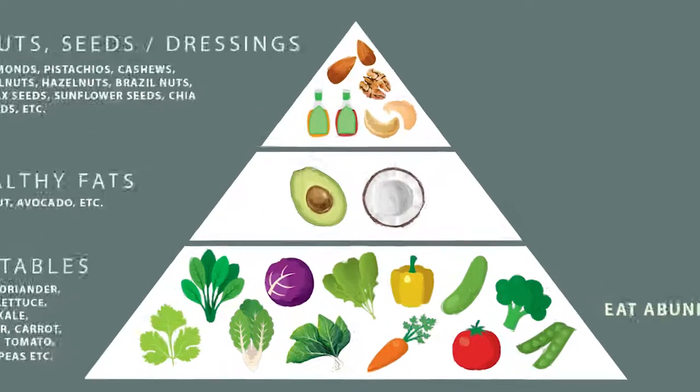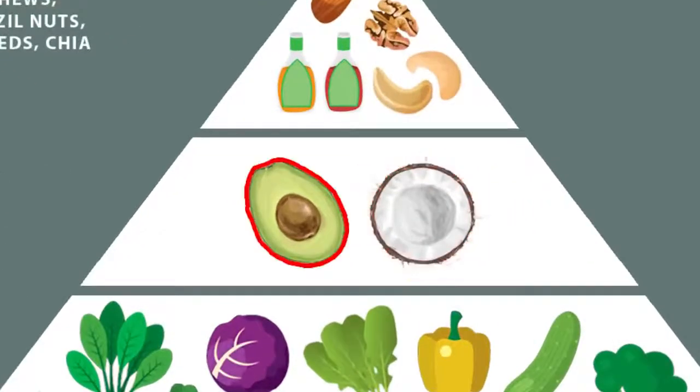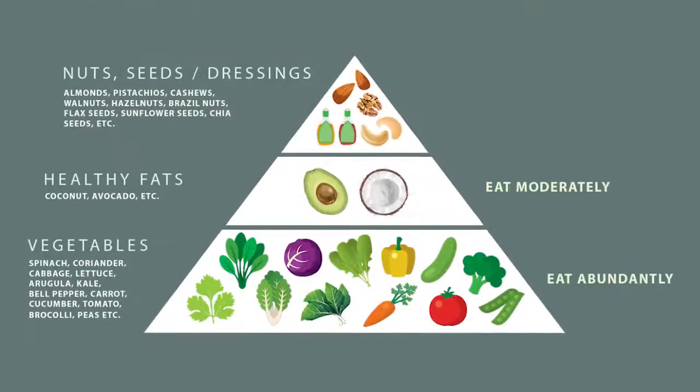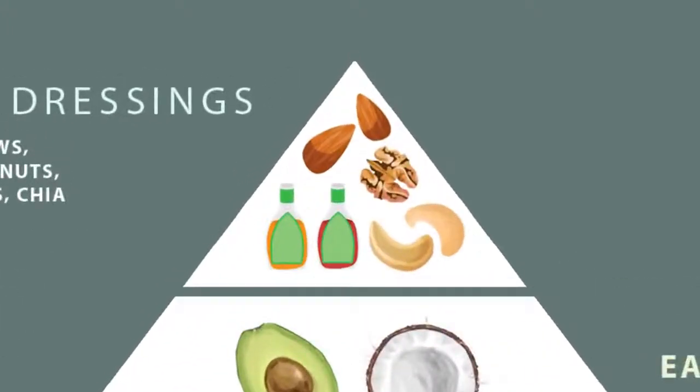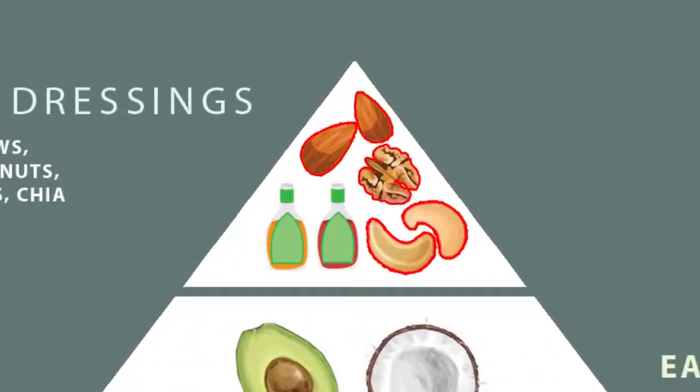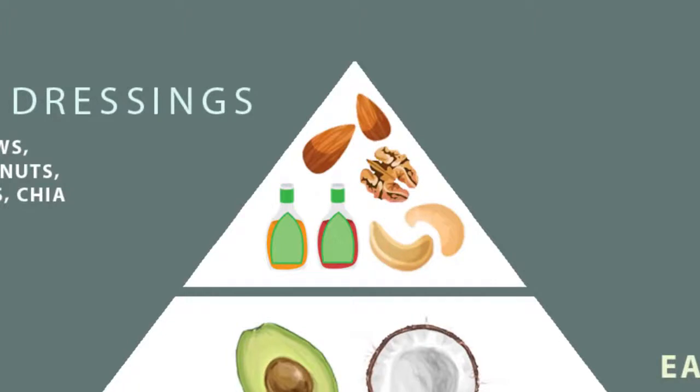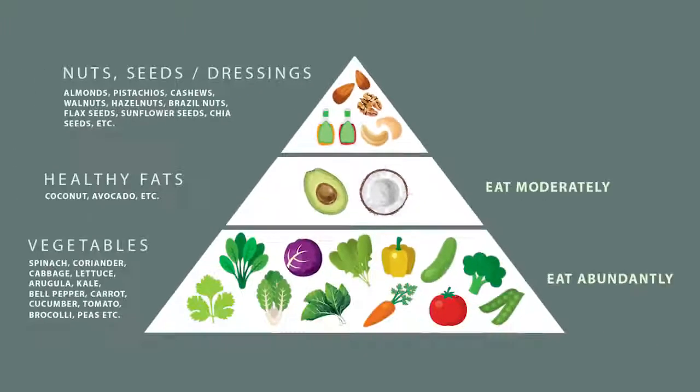Next up on the salad are healthy fats such as coconuts or avocados. Use these moderately. Make sure whatever you're using is seasonal and regional. And last on top are dressings or nuts and seeds. These are there just to add some fun and texture to your salad. Use these sparingly, in very limited amounts. Why? Because they're harder to digest. If you can, just skip them altogether, especially in the curing stage.